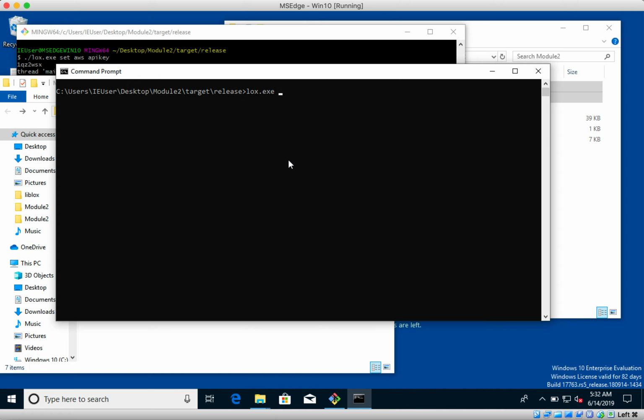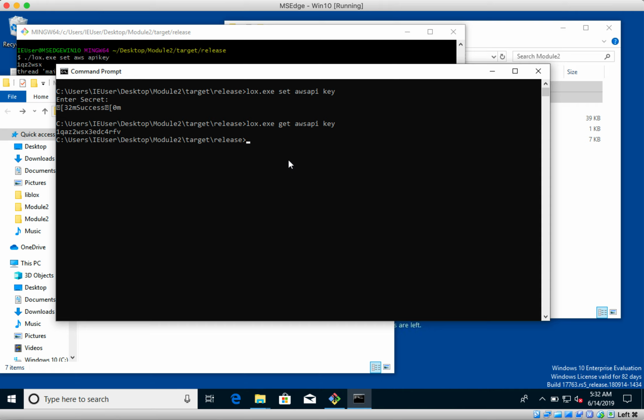command line, for example. Let's say I want to add my AWS API key. Before, when you would say enter secret, you would type it in and it would echo it back to the terminal, and that wasn't a very good idea. So now I can enter in values, and you see it is not echoing back to the terminal now. So it added it in and actually worked on Windows, and then I can get it right back,